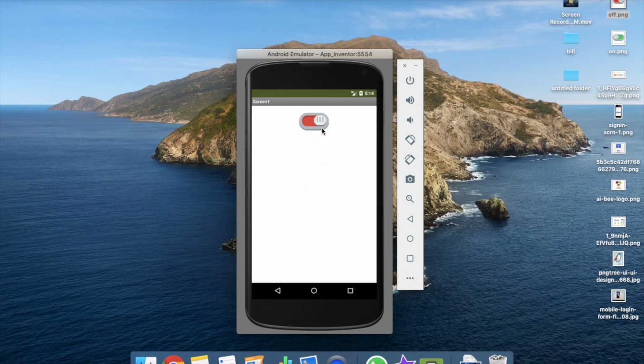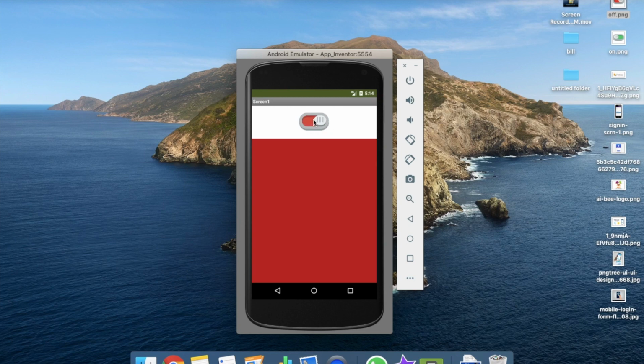Like this one. Now I'm going to click on this. You'll see green, red, green, red. So whenever we click on this button, this will change the image of the button right here, like see. But no one can see that this image is changing. It looks like, oh, it's the design of our app, like, okay. So there are a lot of tricks about design in MIT App Inventor.